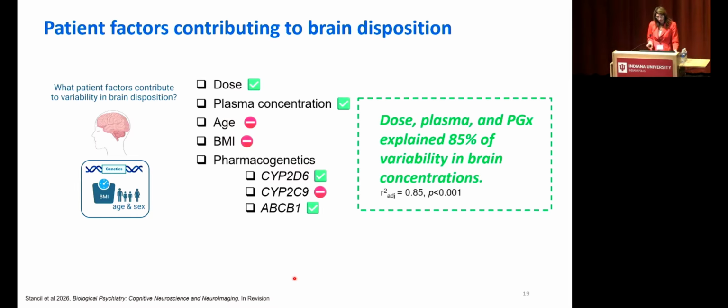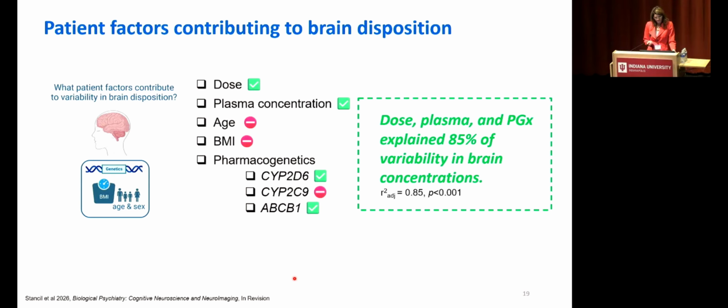And through this work, we were able to find that dose, plasma, and these two PGX variants, or genotype predicted phenotype groupings, explained 85% of the variability in brain concentration. I will say that dose and plasma alone explained about 83%, so we don't gain a ton by these two additional PGX factors, but